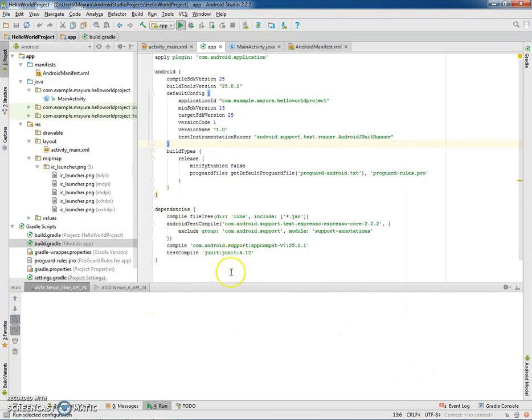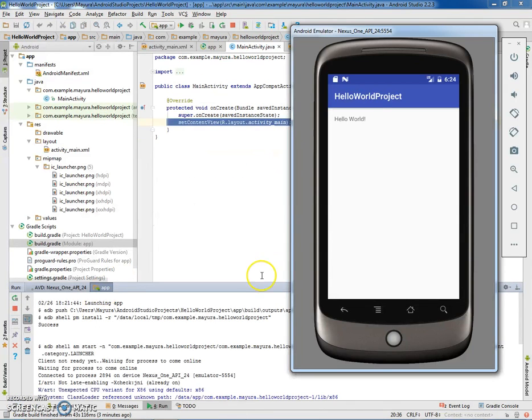The application will start building with Gradle and launch the application. Gradle is finished and the APK for this application will be generated and pushed into the device, and the application will be launched. So now we have successfully created one Android project, that is the Hello World project, and we have executed the same. Thank you. Have a great day.